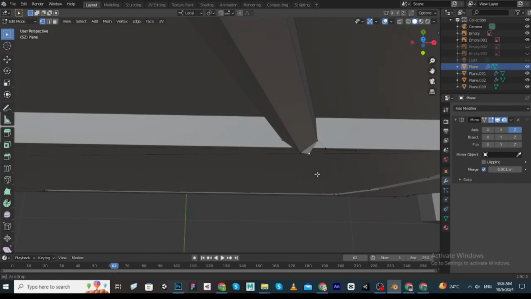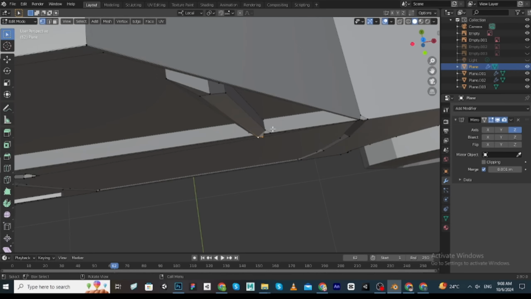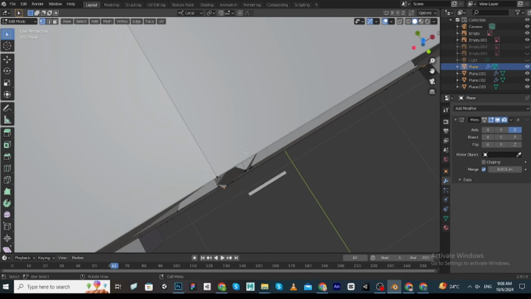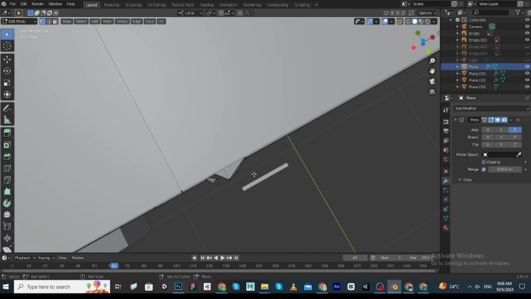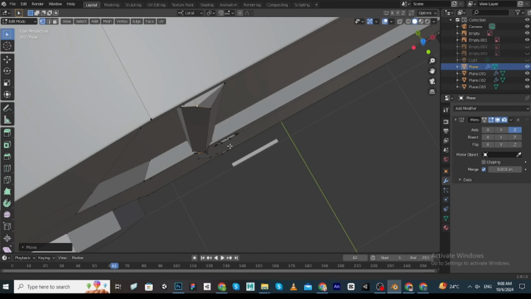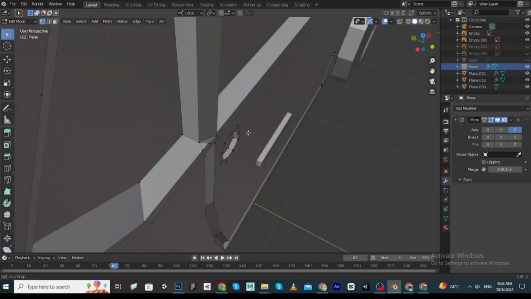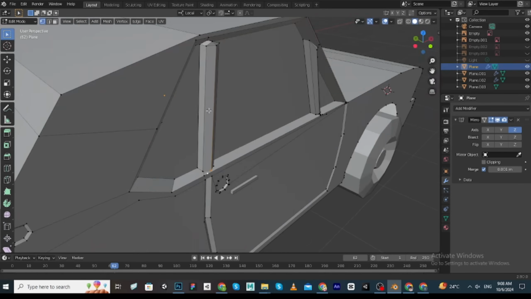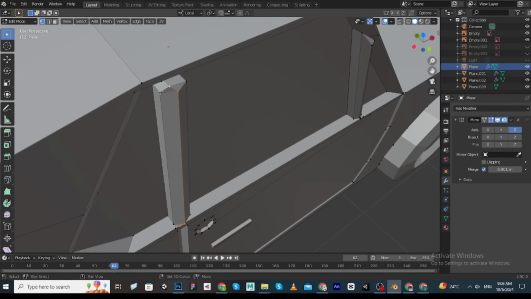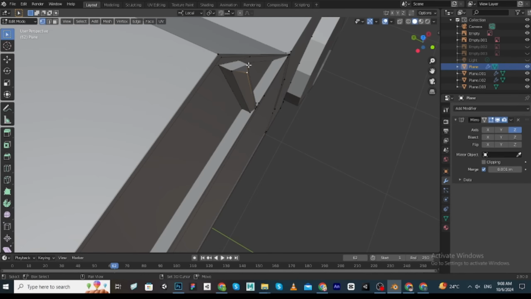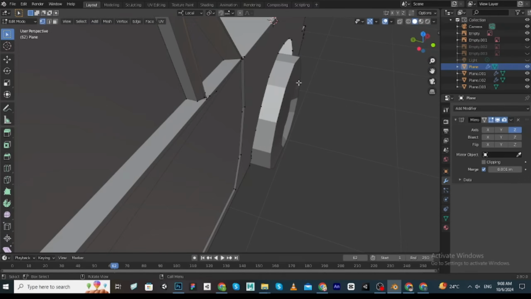Because it's disturbing a little, so just drag them a little inside. G, Z like this. So finally we are going to apply the mirror modifier by clicking here and then apply. So we just applied the mirror modifier,